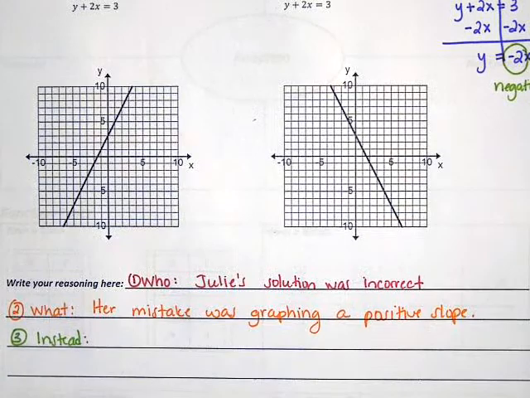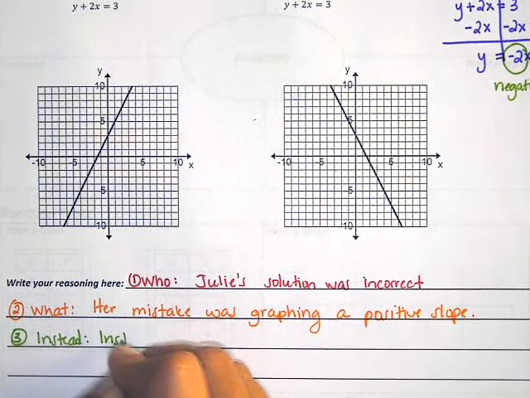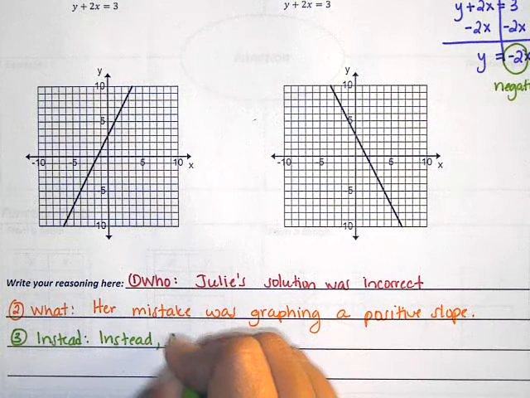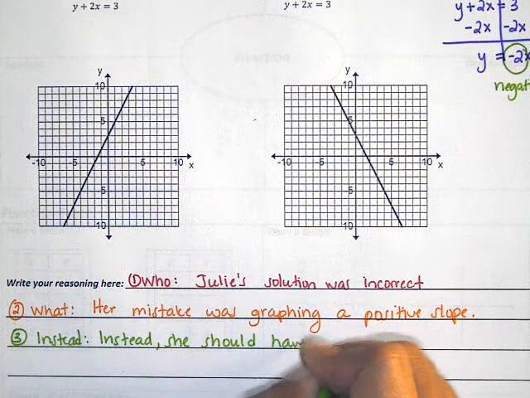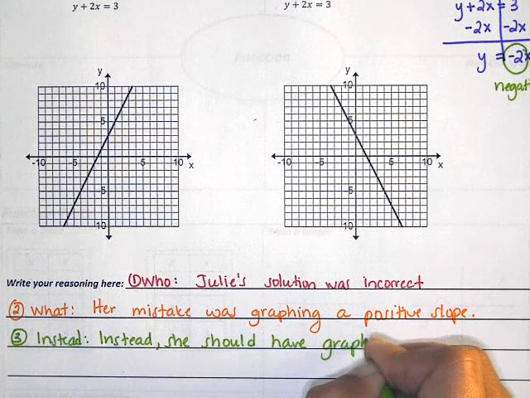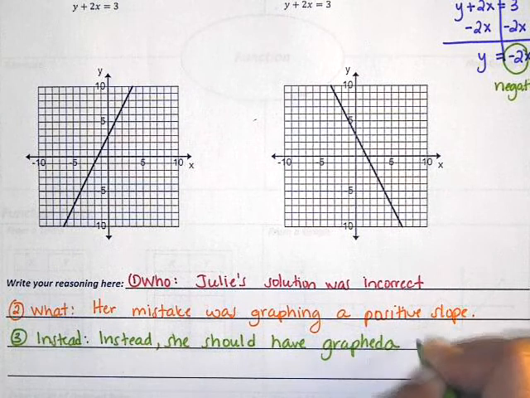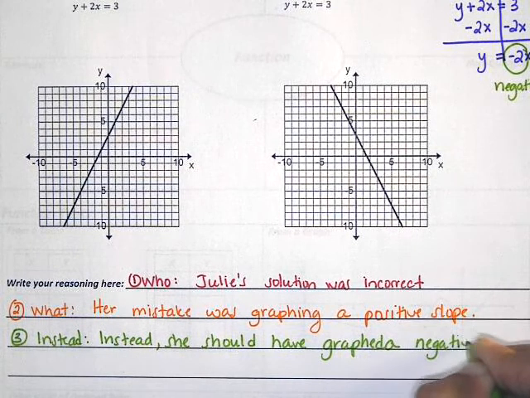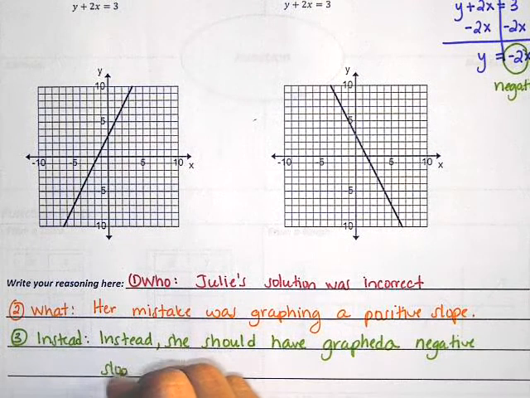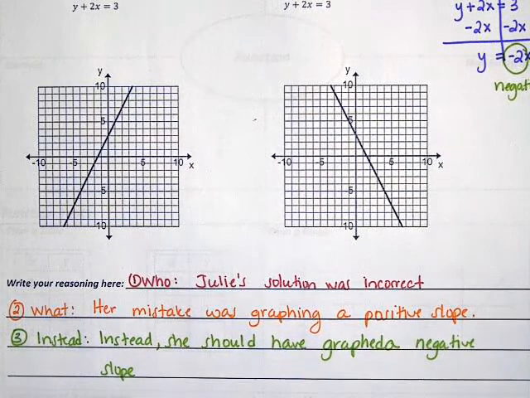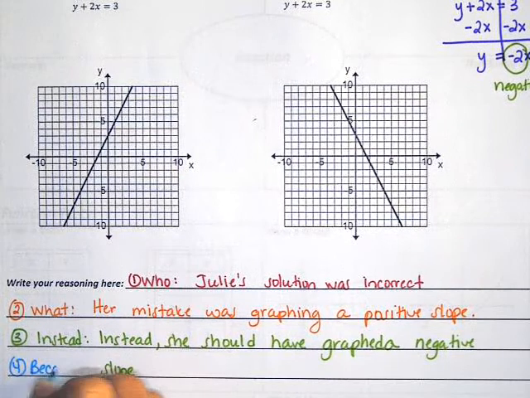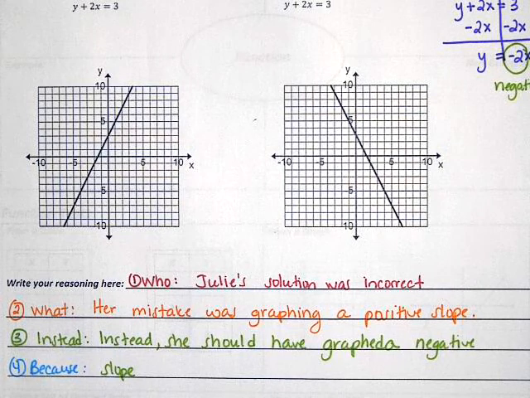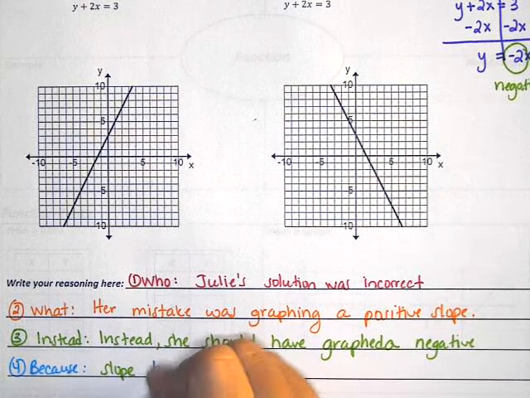So this sentence would start with instead she should have graphed a negative slope. And the last thing you need to tell me is the because. So the end of this sentence, it's still really the same sentence, we're just adding to it, because